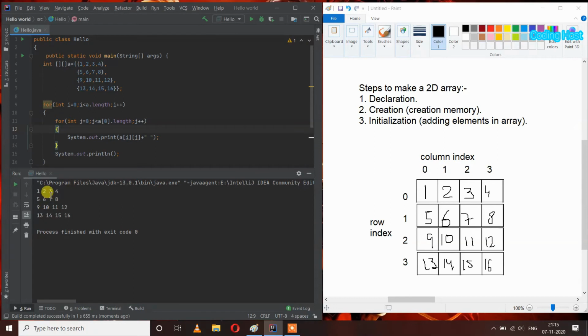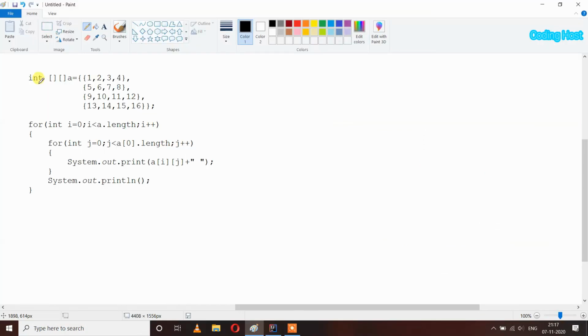So now you can easily check that we are getting elements in the output like table and rows. So this is first row, second row, third row, fourth row, and here first column, second column, and so on. Now let's see how this for loop is printing the elements in row and columns like this. So in the program you can check that I have declared a 2D array in which we have 4 rows and 4 columns. After that I have taken 2 for loops.